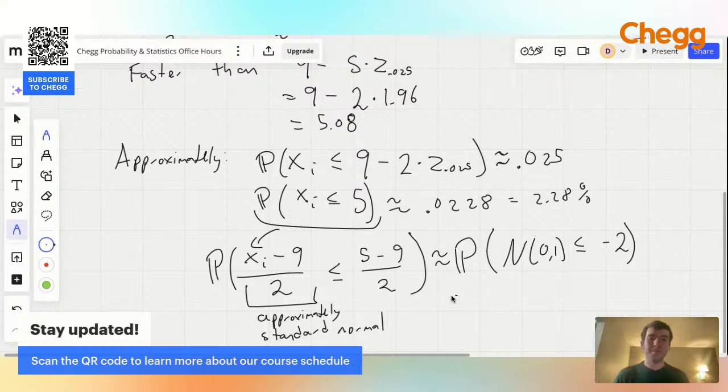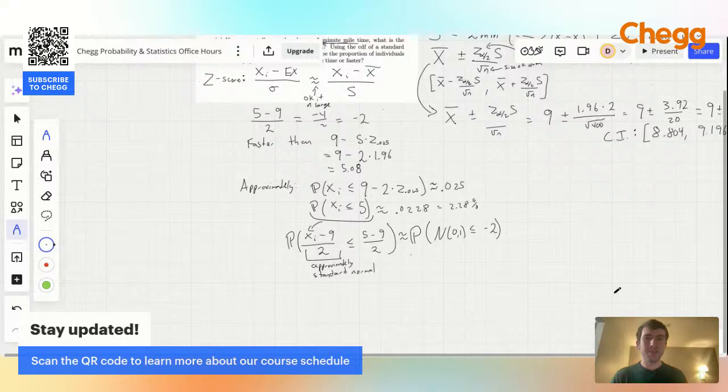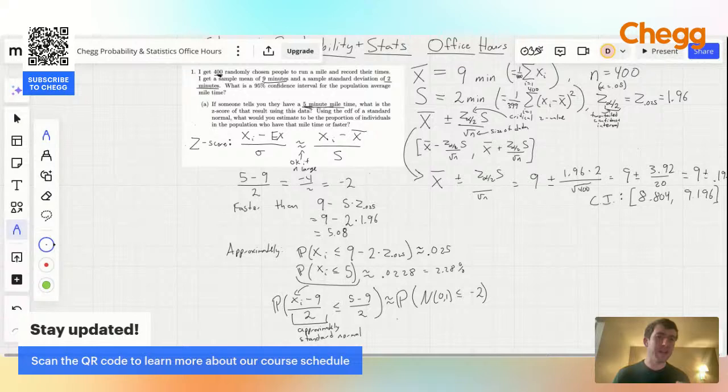Okay, cool. Any questions about this problem that we did, or any follow-up questions? Let me zoom out a little bit so that we can see everything that we did here. Just drop any questions or follow-up questions you have in the chat if you want to go into this further. Being able to construct confidence intervals and evaluate z-scores is a pretty fundamental topic in statistics, so it's nice to get a good understanding of this.